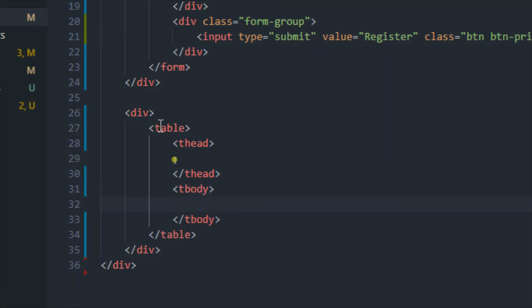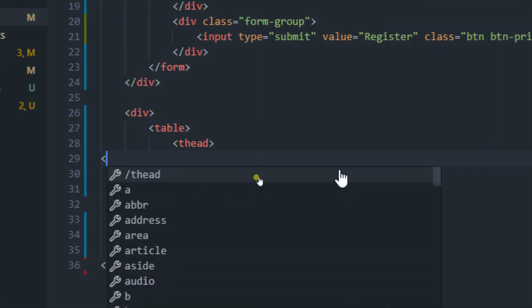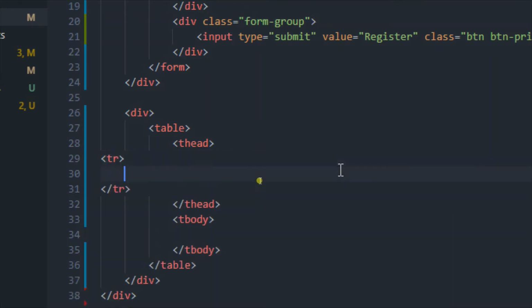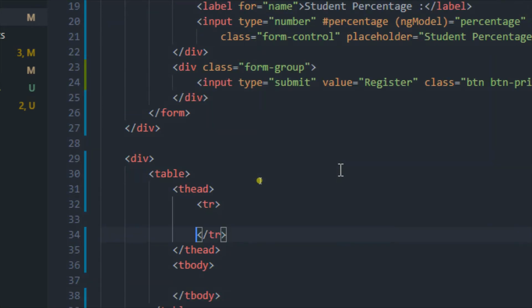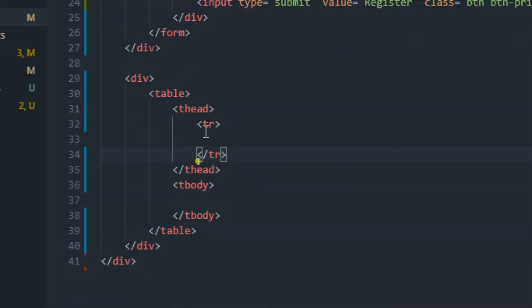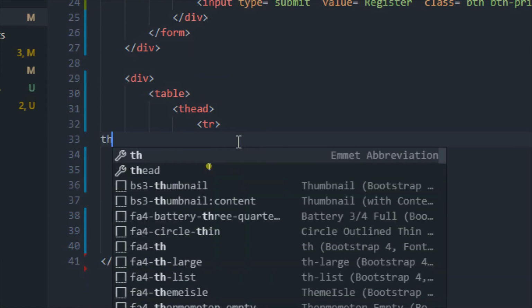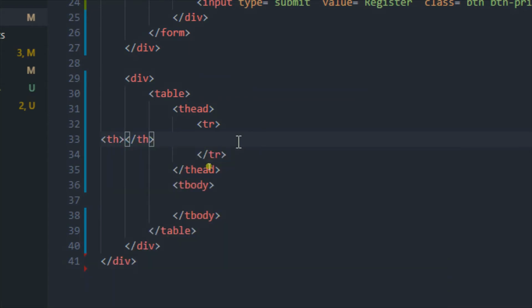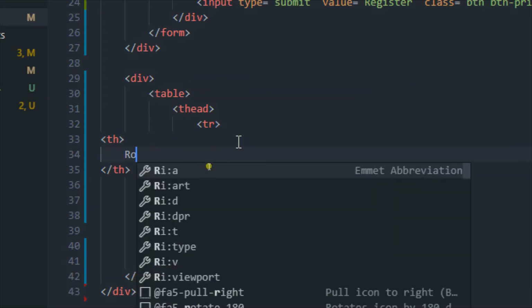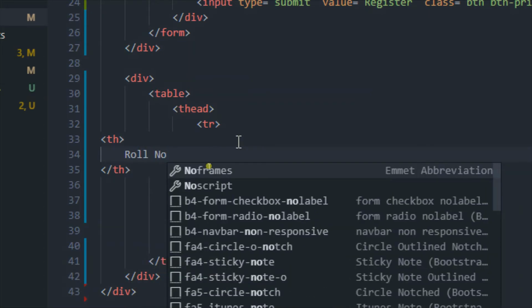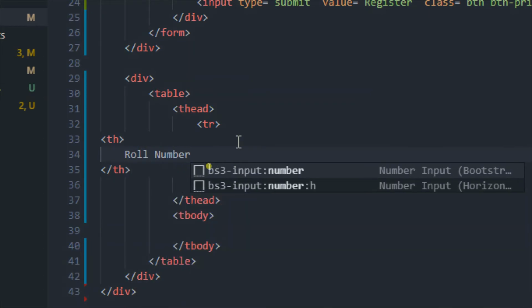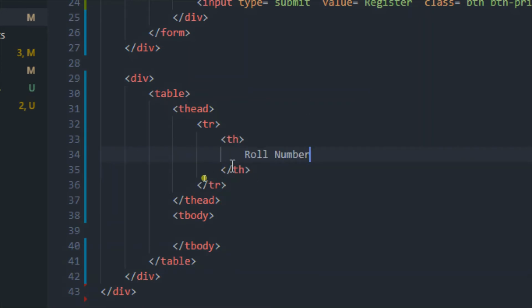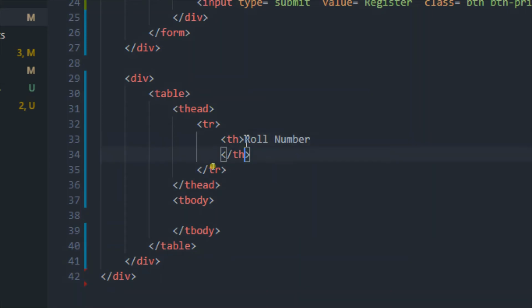and inside this heading let me add some values like tr, and then there will be th, which denotes table heading. So the heading will be roll number, and let me keep this in one line so that it will occupy less space, like this.